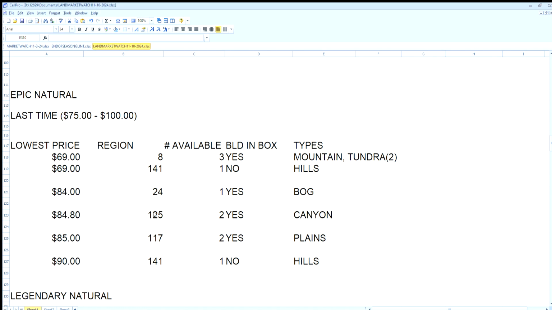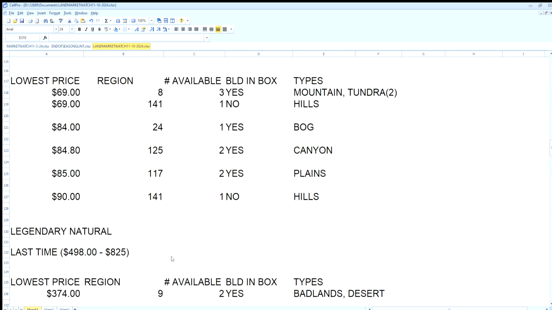$84.80 in region 125 for canyons, $85 in region 117 for plains, and then finally $90, there's a hill available in region 141. And then your legendary natural,